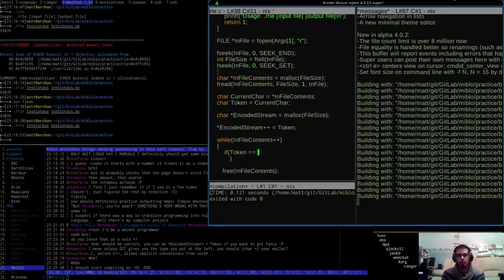If token is equal to the current char. This is so weird because I'm used to talking about like... Oh, actually no, it's not weird at all. If token is equal to the current char, then we just increment the counter. There's no counter.